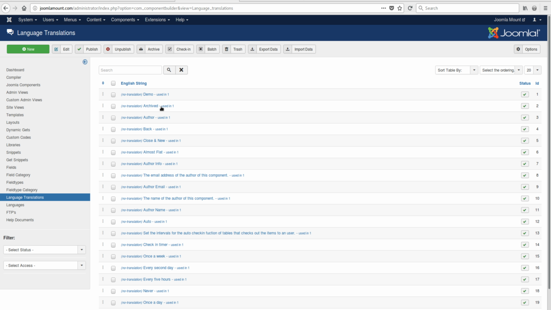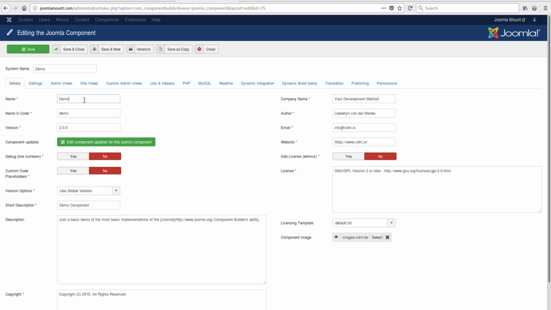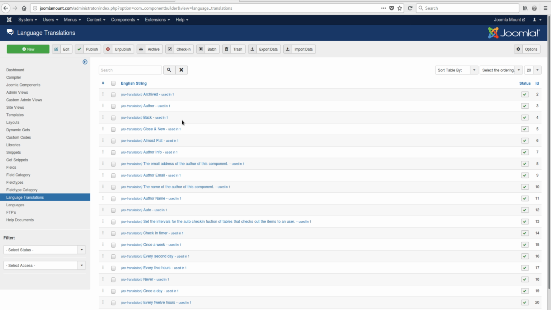So for our example, I'll quickly demonstrate that. I'm going to change this demo to 2 O's, like that. And then save and close. Now I'll compile it again. And just clear it out, and then go put it back to our language translation. And now you'll see that demo is gone, because demo is no longer being used anywhere in no other component